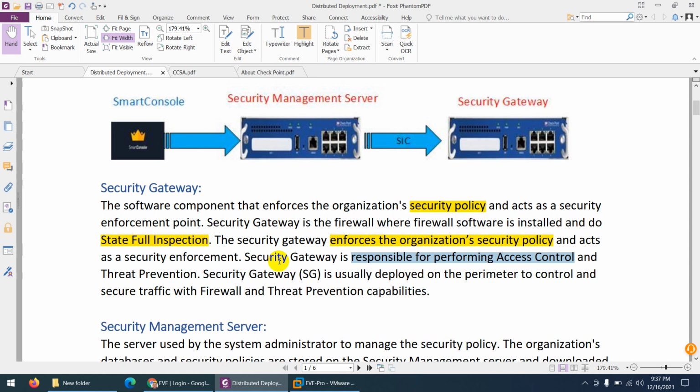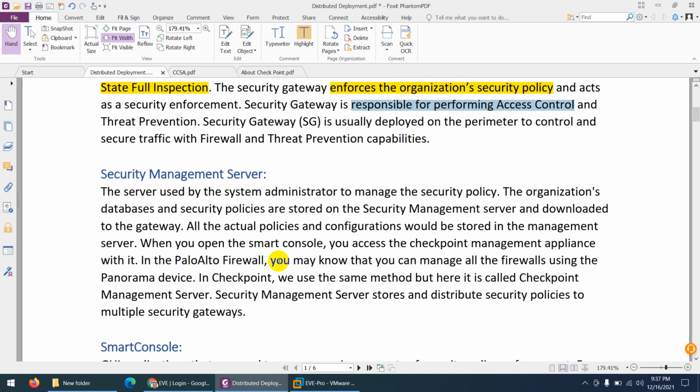So now we know the security gateway. The second thing is security management server. Again, this is an application and software. The server used by the system administrator to manage the security policy is called the security management server. The organization database and security policy are stored in the security management server.